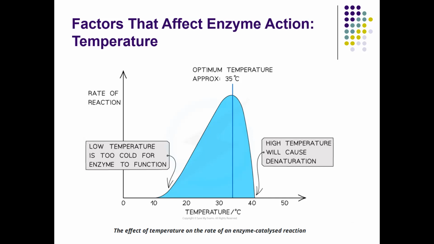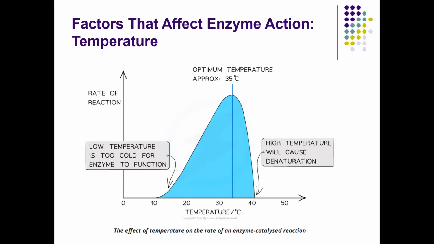One way for us to increase the kinetic energy of the particles is by giving more heat, or increasing the temperature. The more heat energy we give to the reaction, the more heat energy can be converted to kinetic energy. If the temperature is too low, there is not enough kinetic energy between the substrate and the enzyme. As a consequence, they move slower and they cannot collide with each other, or they collide with lesser probability. And when they collide, they collide with lesser energy.